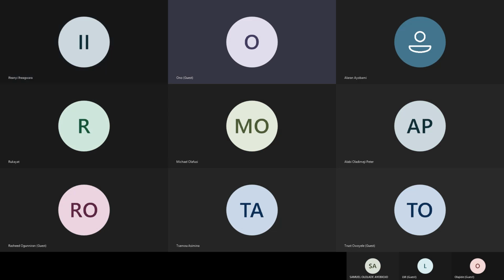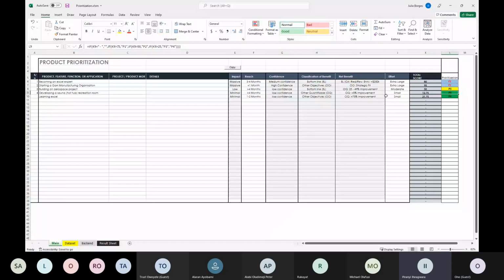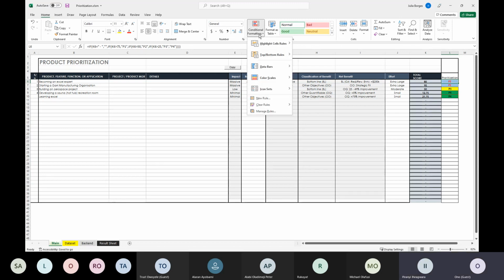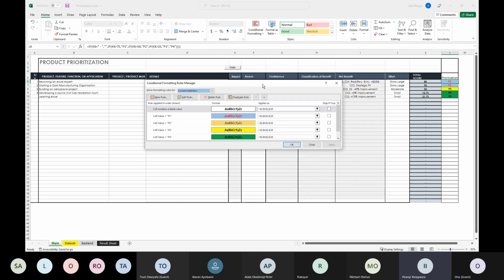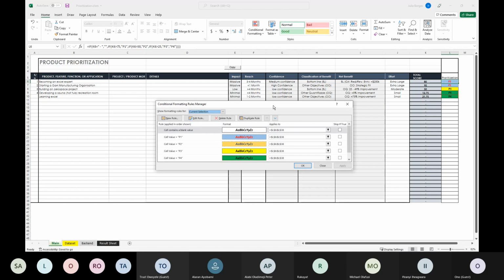Can you see my screen? Yes, I can see your screen, but I can't see the dialog. Have you opened the dialog box for conditional formatting? No, I haven't opened it. Okay, so maybe try opening it. It's open now. Yes, we can see it now. Thank you very much.